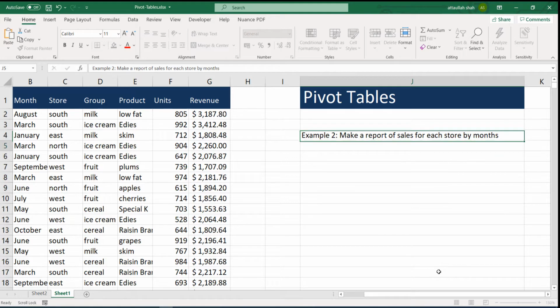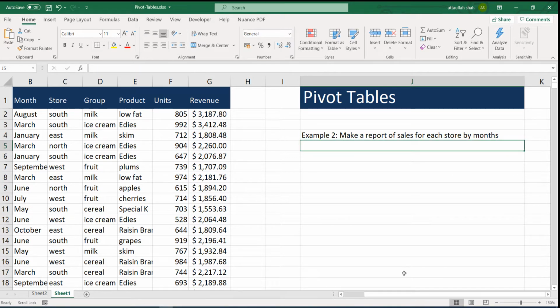So we want to make a report for revenues for each store in each month.